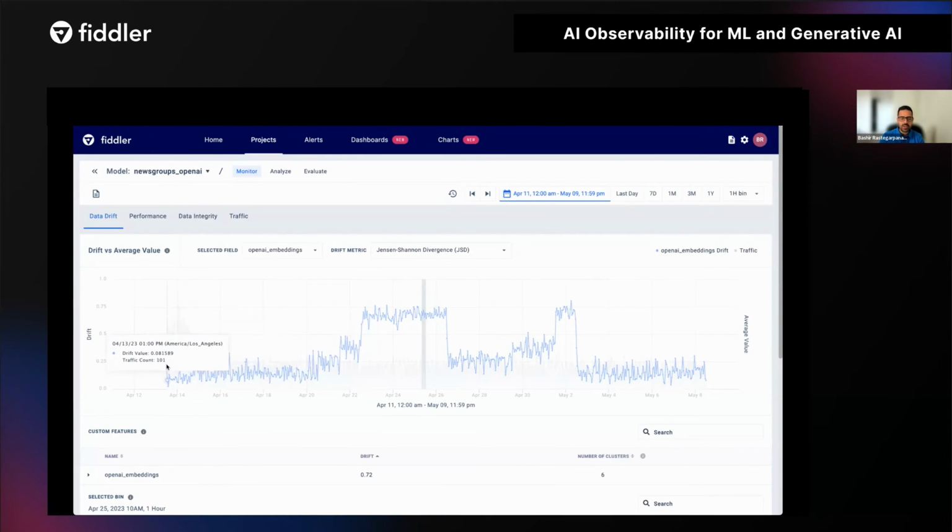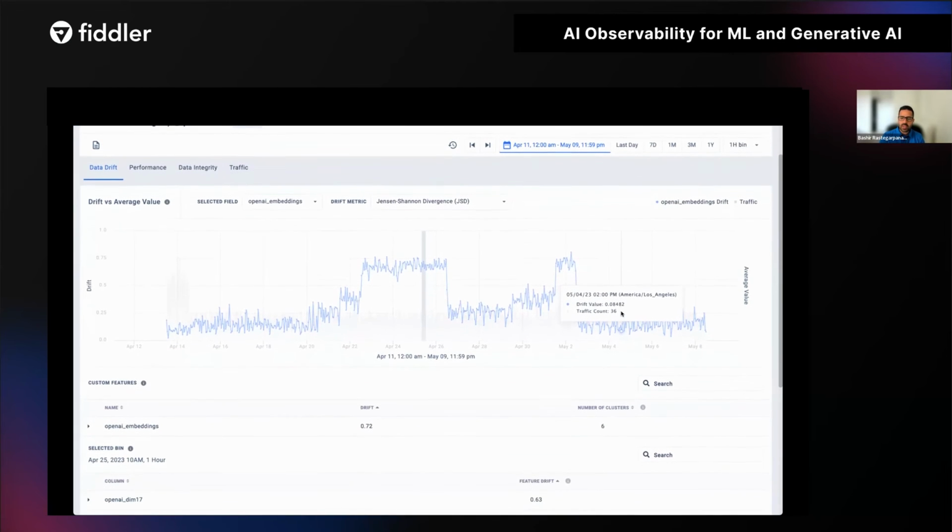So here the baseline has all the news groups, and then at some point, this is the interval that I was specifically sampling from the religion group. You see a jump here, and then another jump when we were specifically sampling from for sale. And in between, you see periods where we have samples from some subset of the groups.